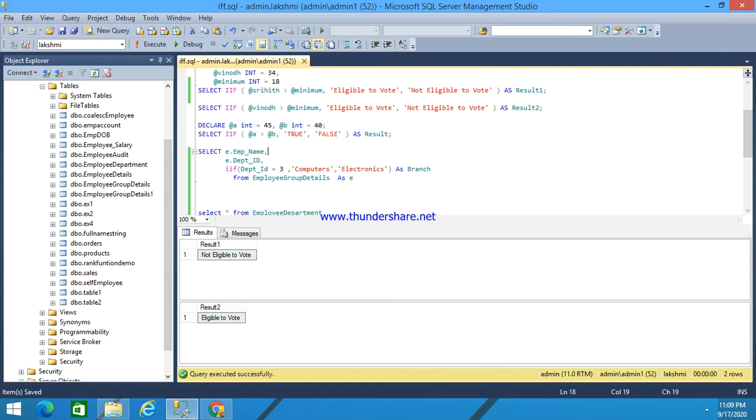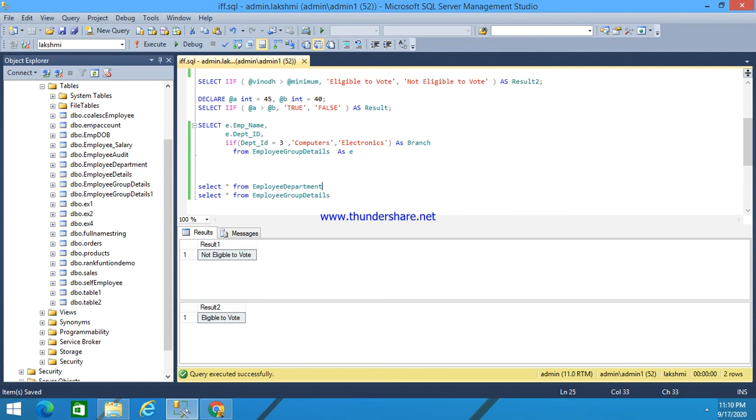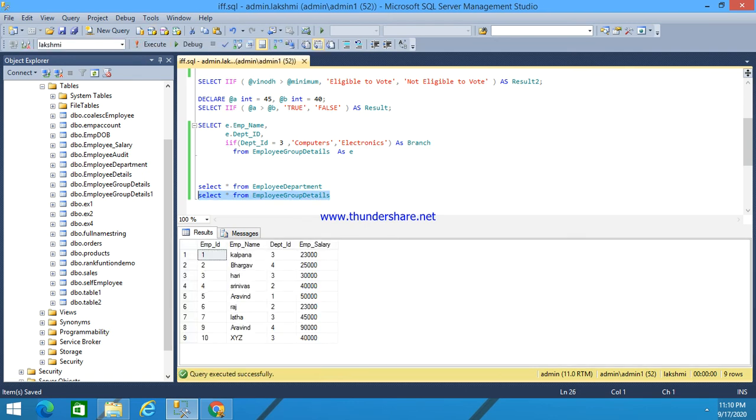To explain this within a table, here I have written a select statement. In the employee group table, I have the columns employee ID, employee name, department ID and employee salary.